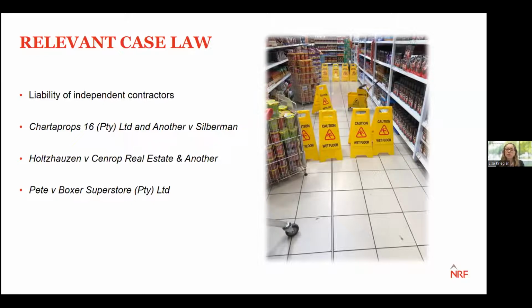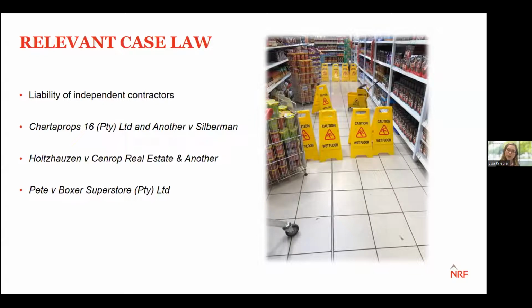The owner and the manager denied negligence on the basis that they had appointed a competent contractor to maintain, clean, and check the floors and ensure that they remained free from spillages. And the cleaning contractor was not required to constantly dry floors when they became wet, and they were only required to keep them clean and free from spillages. The High Court had found that the defendants were not liable because the mall owner had discharged his duty to keep the mall floors safe by engaging a management company, and the management company had similarly discharged its duty by